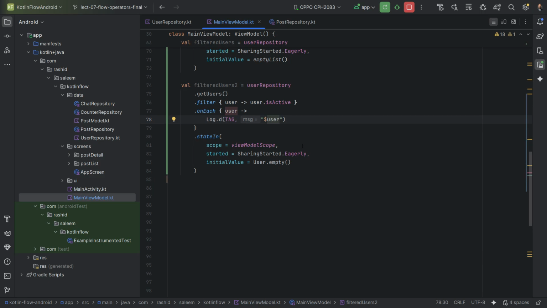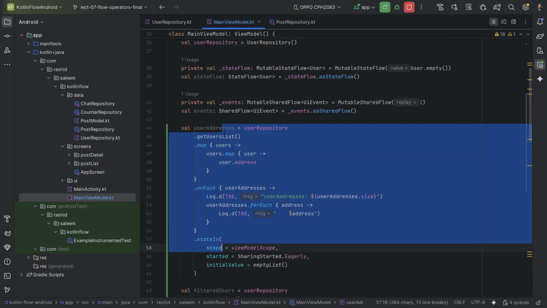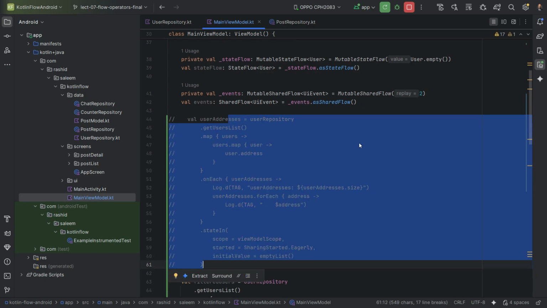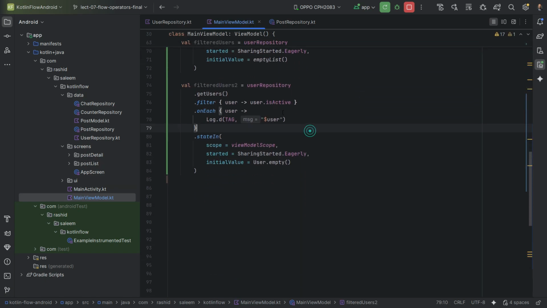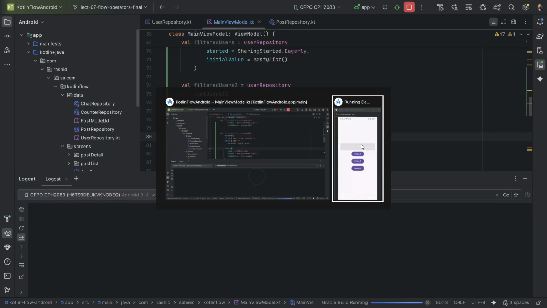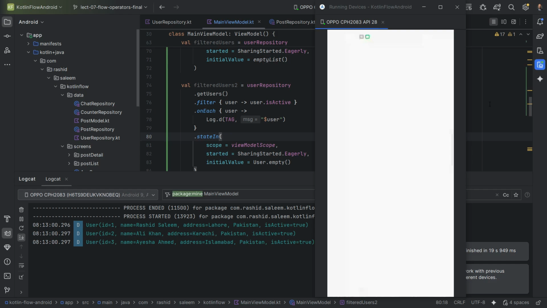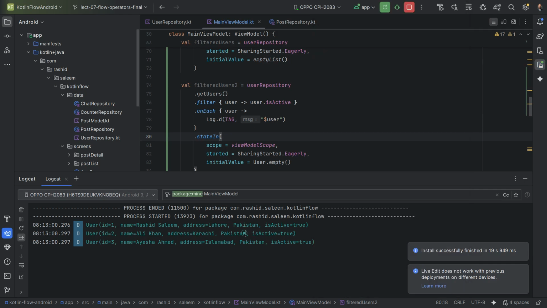user, and I will comment this code because I don't want to see this information in the logs. So at this point I will run the app to see the filter users in the log. Open the logcat, clear these logs. Okay, so app is up and running, and in the logs we are seeing the 3 users which are active